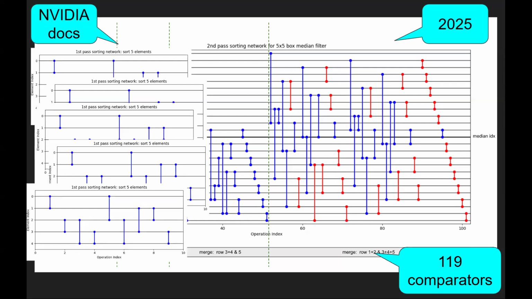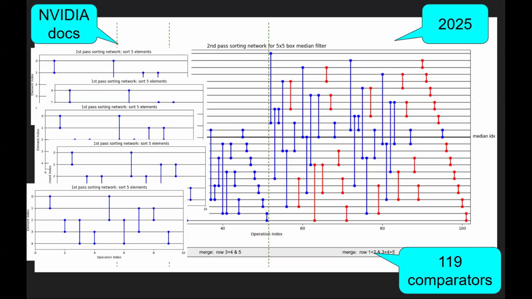I'm not a GPU expert, so maybe this is faster. But I don't think so. I think 119 comparators is going to be slower and take more energy than doing it with 96 comparators. So today, in 2025, people still don't know how to do it, although there are papers from 1990 that say how to do it better than this, and from 2003. So I'm just adding one more paper to that list, because my network can do it a little bit better